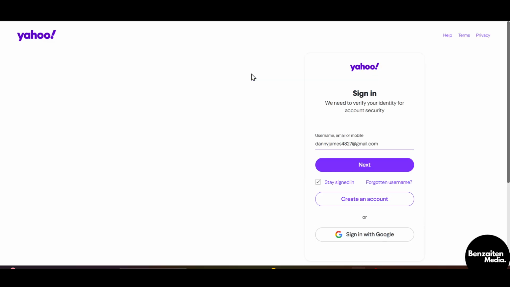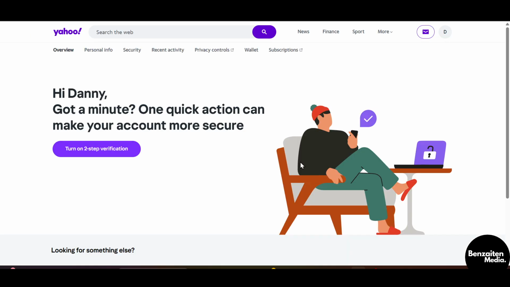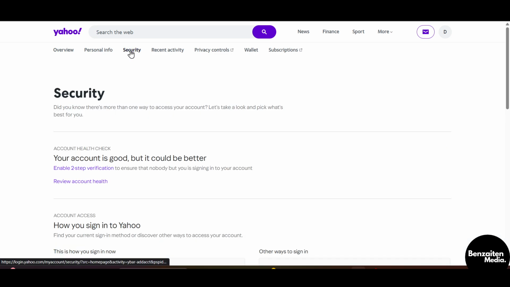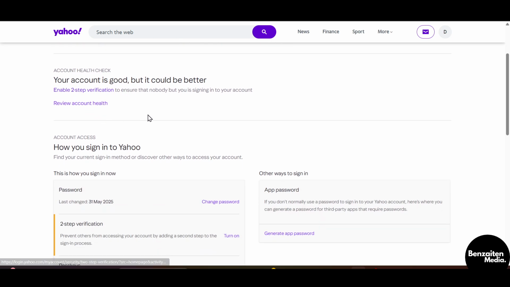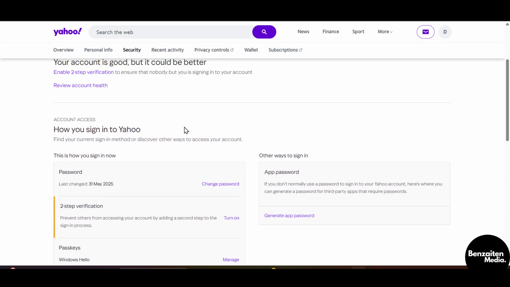After clicking on manage your account, this will ask you to log in again. So just simply log in again. Now, after logging in, on the top, you can see the security section. Click on this, and after that, you can enable the two-step verification to secure your account more, and then you